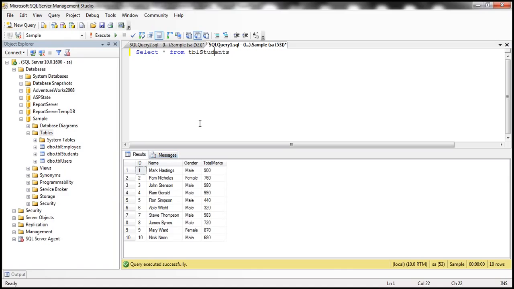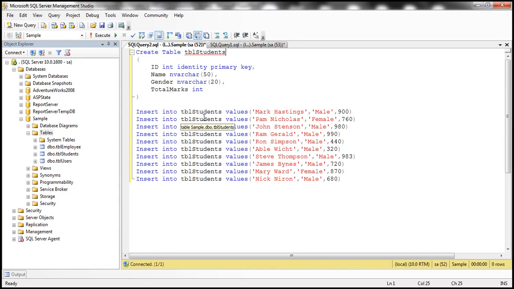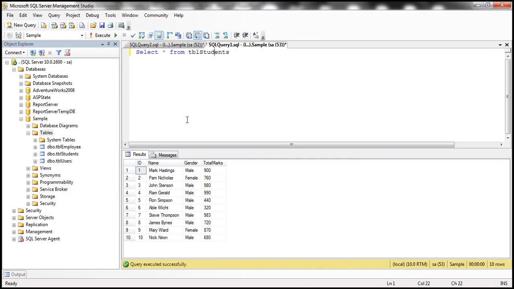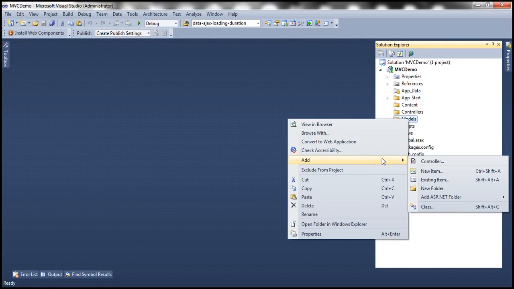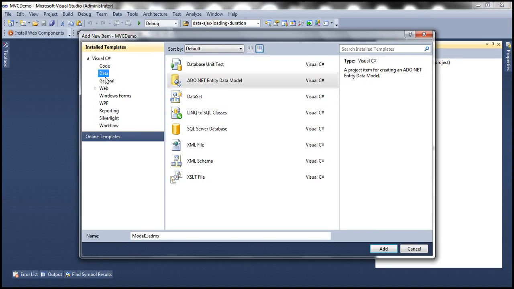For this demo, we'll be using this table TBL students. Here is the SQL script to create and populate this table with some sample data. I'll have the script available on my blog in case if you need it. The first step is to add an ADO.NET entity data model based on this table TBL students. Here I have a blank ASP.NET MVC4 application, so let's go ahead and add an ADO.NET entity data model. So select data under installed templates, ADO.NET entity data model, and let's call this student